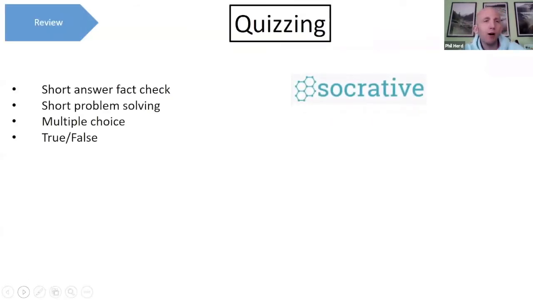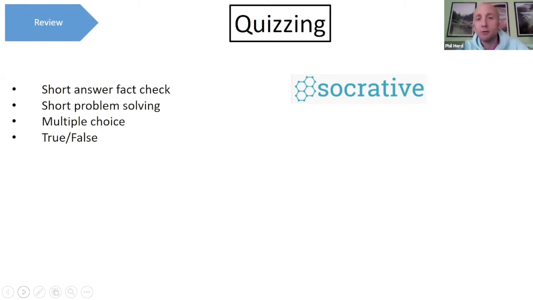So we're going to start off with the review section, and there are a few different ways that we can review children's prior learning. The first one is low stakes quizzes. A lot of the learning that I'm going to be talking about today has come from things like the Learning Scientists, who are very popular at the minute, and Rosenshine's Principles of Instruction, Tom Sherrington's work on that. And one of the things that they both advocate is low stakes quizzes. And to achieve that,